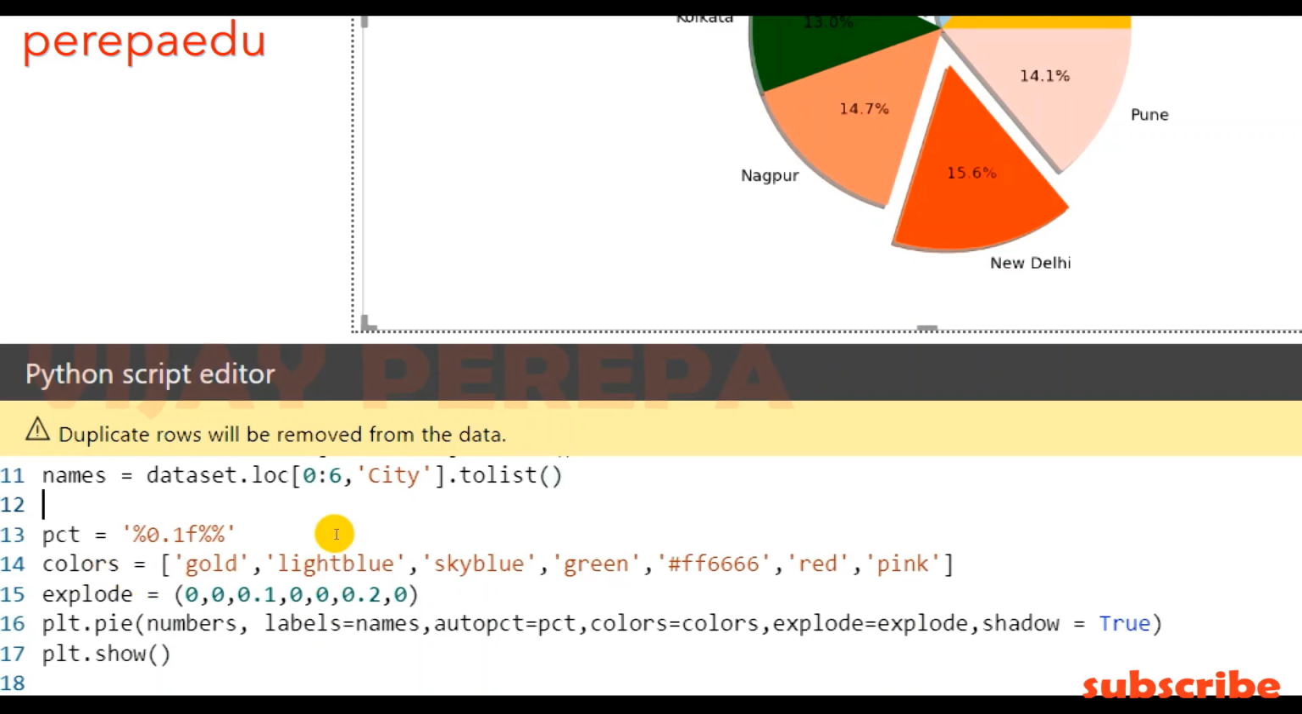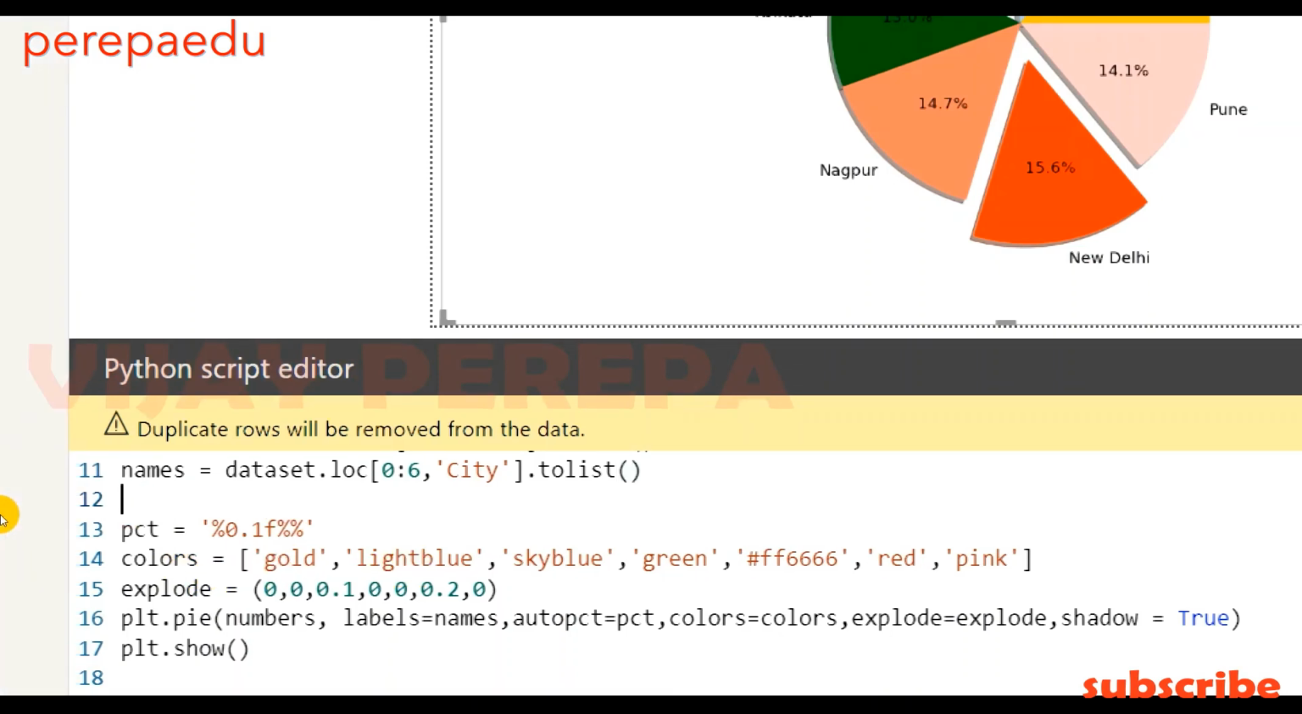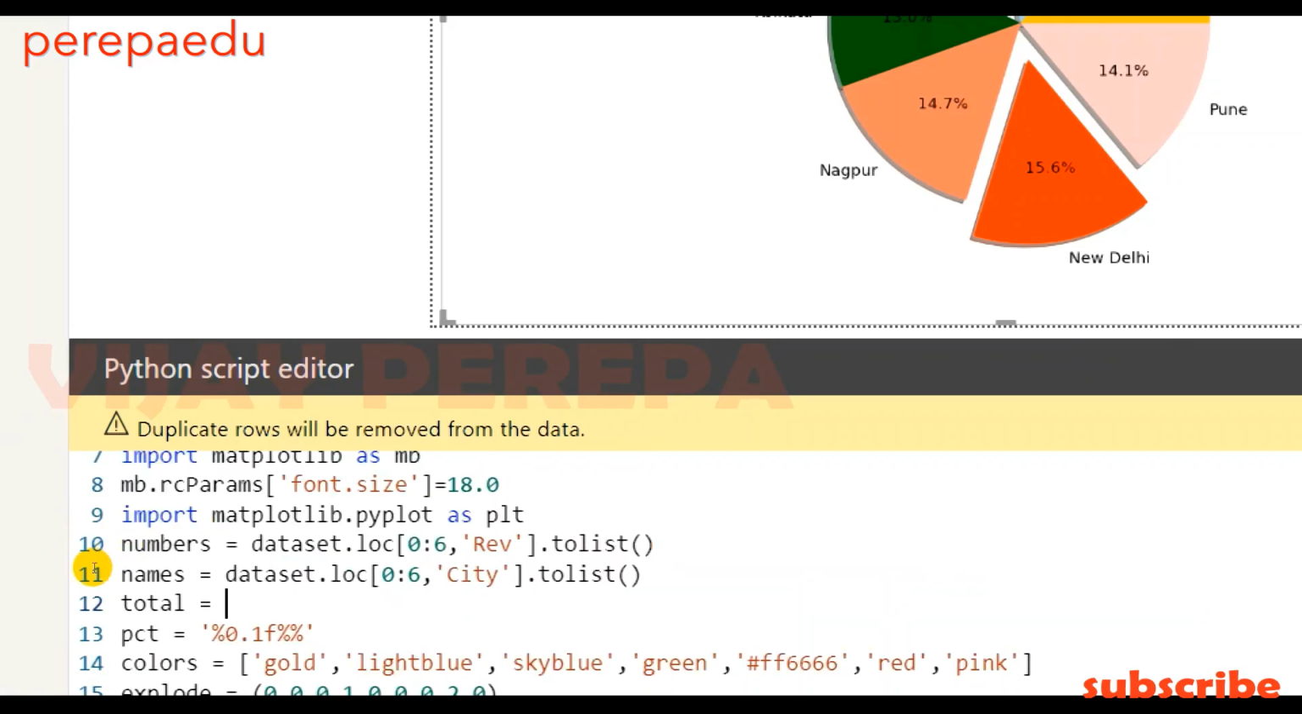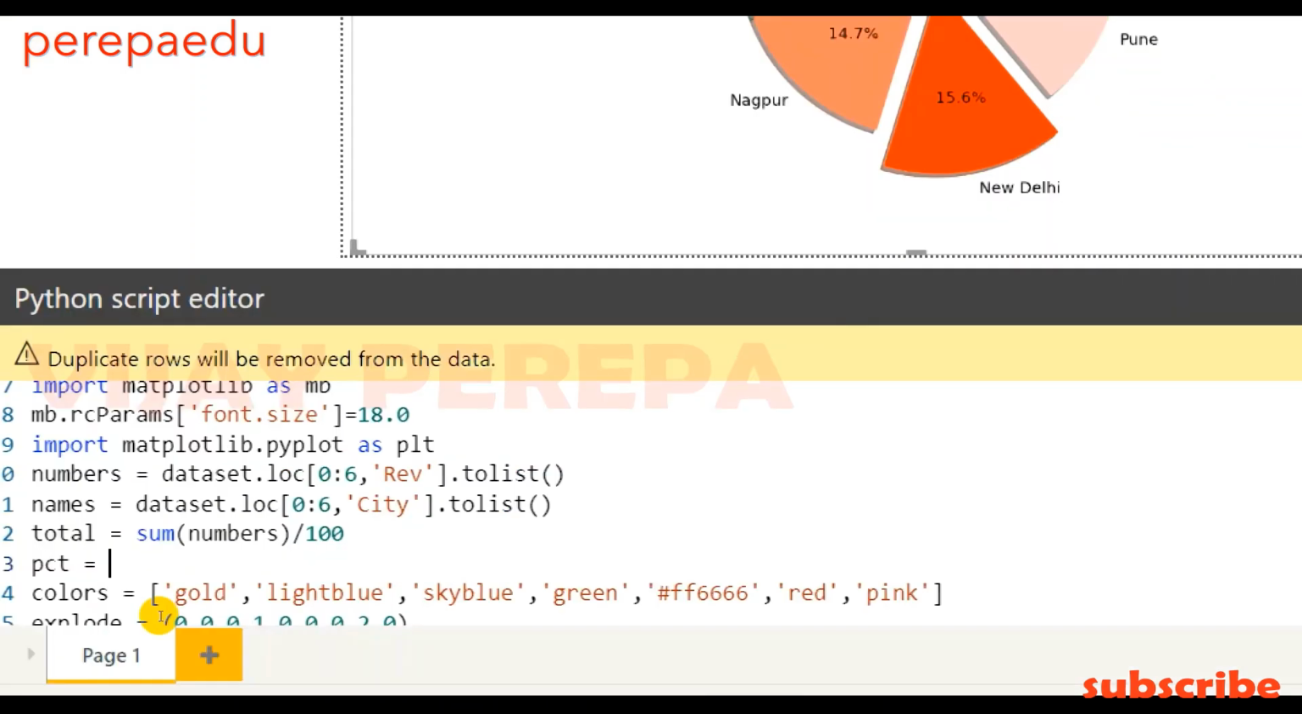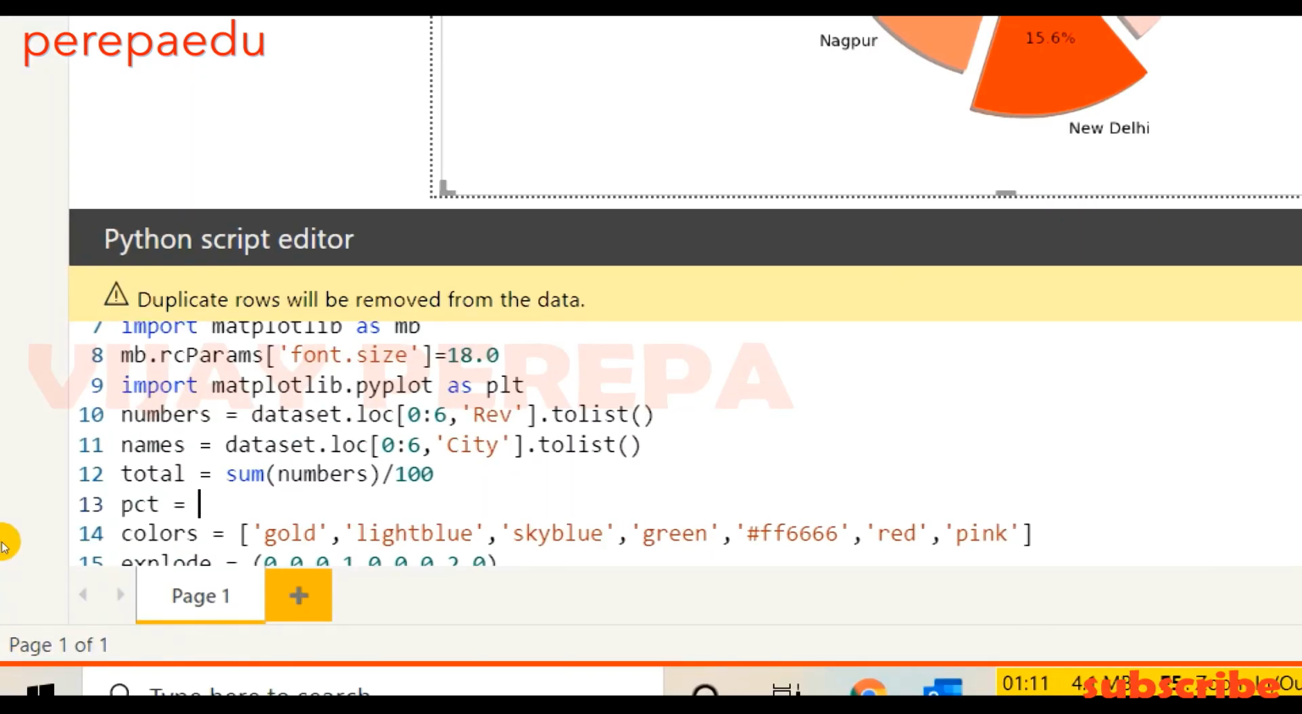So before that, let me bring my total value. So total is equal to nothing but the total revenue. That means the variable numbers, so sum numbers divided by 100, so that I'll get my 100% converted into the total value, which needs to be distributed among the slices based on their percentages. For that, I need to use a lambda function. So let me remove this and then let me add